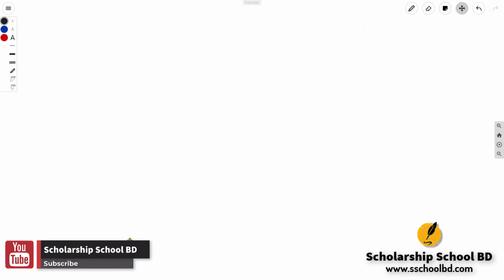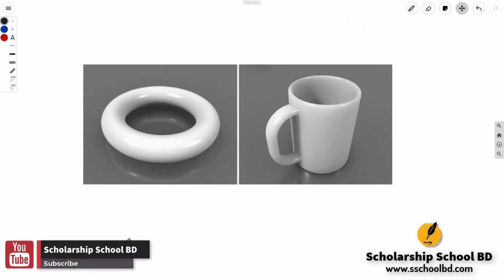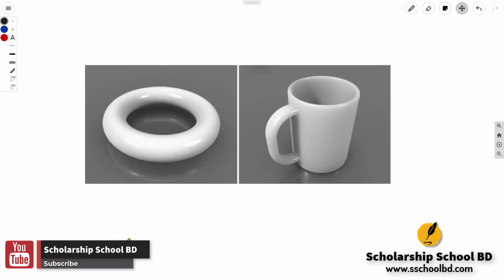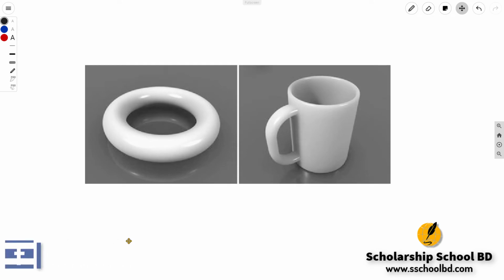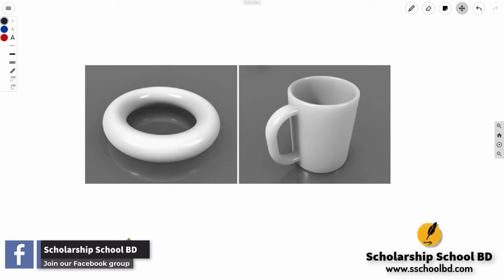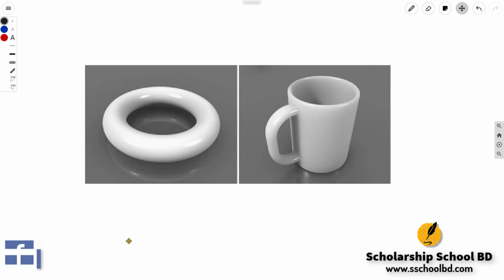If I tell you that a coffee mug is similar to a donut, will you be surprised? Of course, most people will be surprised unless you are a mathematician. To understand how a coffee mug is similar to a donut, we need to have a certain amount of concept